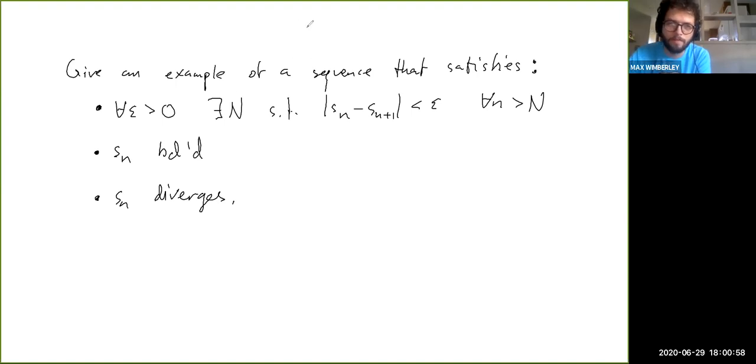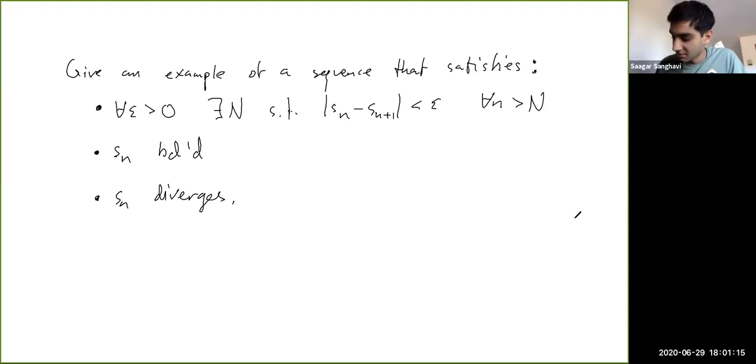Anyway, was anyone able to come up with an example for this? This is a little bit tricky, and I know you didn't have a ton of time. Oh yeah, sorry, Sagar. So we weren't able to put it into a closed form, but we're thinking something